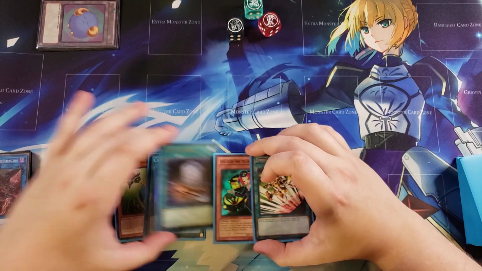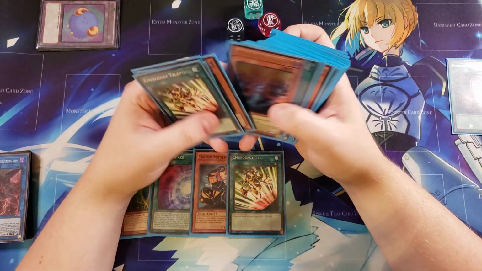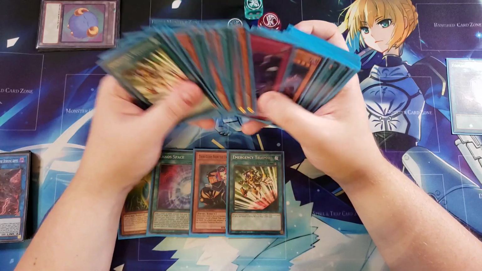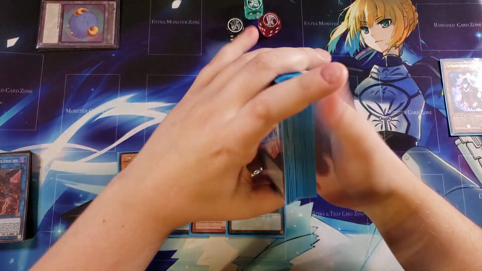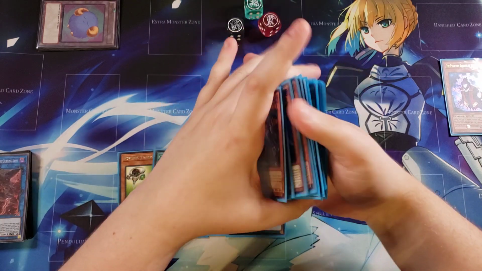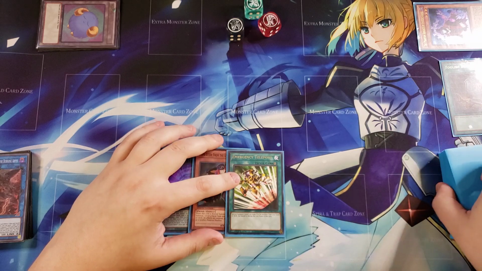So what we're going to do is go ahead and activate the copy of Foolish Burial to get a card from our deck into the graveyard, which I usually like to send the copy of the Ancient Cloak into the grave because I want to use that copy of Chaos Space that I have in my hand. So I'm going to use the effect to be able to banish this card from the graveyard